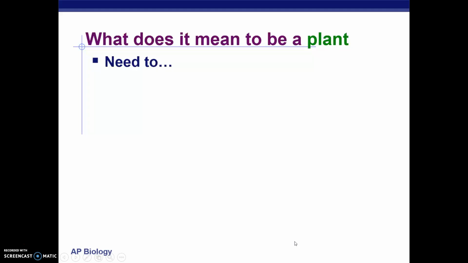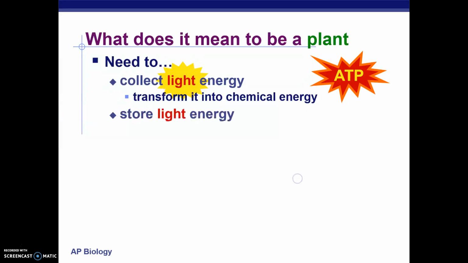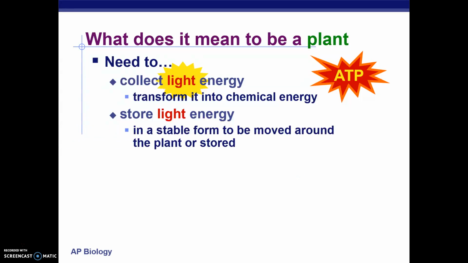What does it mean to be a plant? A plant needs to have the structure and the function that allows it to be a plant. Basically, it needs to collect light energy, which it does by using its flat solar panels, which are nothing but its leaves. It needs to store light energy in some form of stable molecule that can be moved around, and